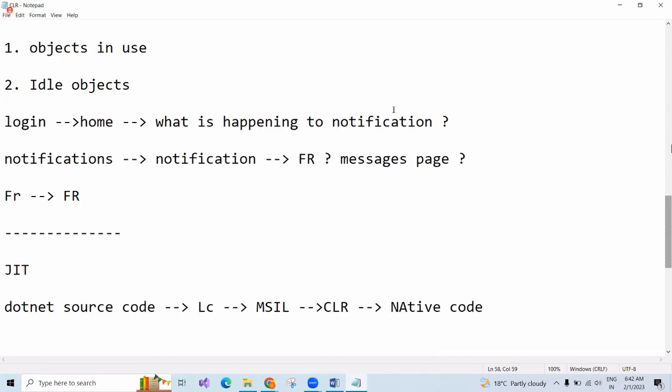Someone has commented interestingly, I want to go there once. Suresh asks: sir, what if our manager tells us to give memory to friend request? When the friend request objects are in use, obviously the memory will be allocated for that, right, Suresh?